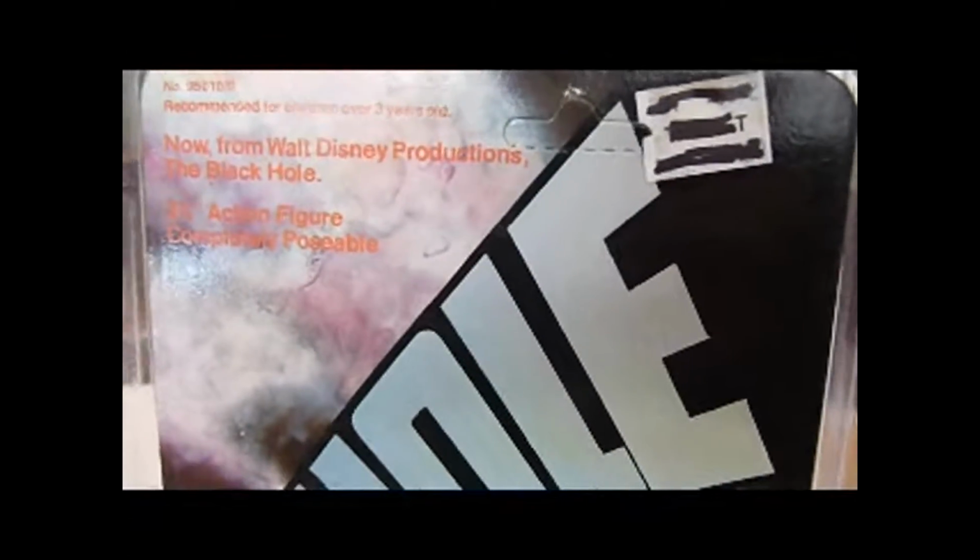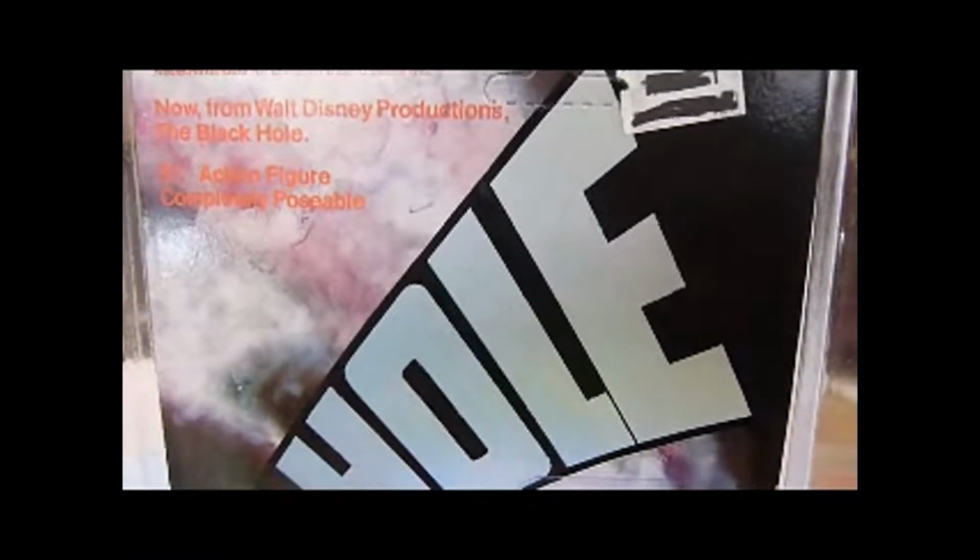Okay, this is a figure. It's not Star Wars, it's Black Hole, so it's from 1979. Disney made a film, Black Hole, to try and cash in on the Star Wars hype. I saw it in 1979. At the time, being 9, I thought it was great, but I just rewatched it. It's okay, but when you compare it to Star Wars, it's pretty weak, but the robots are